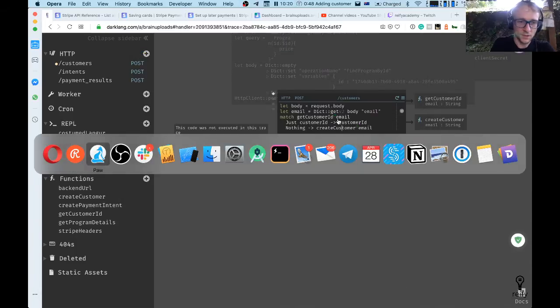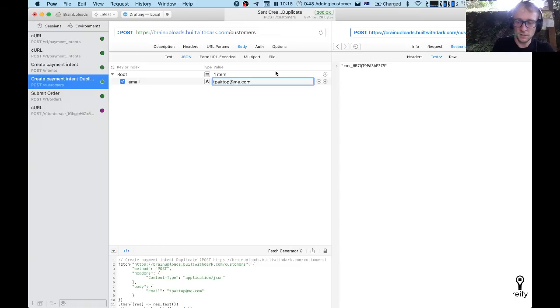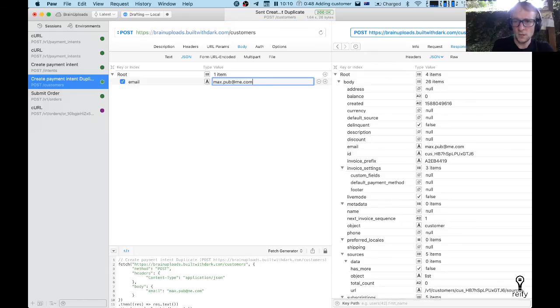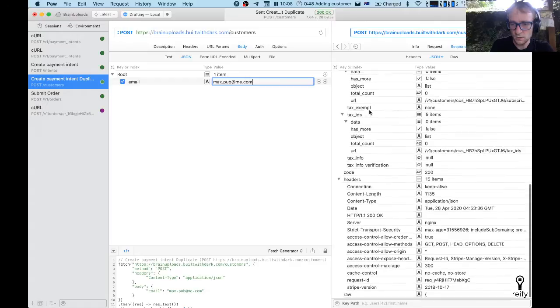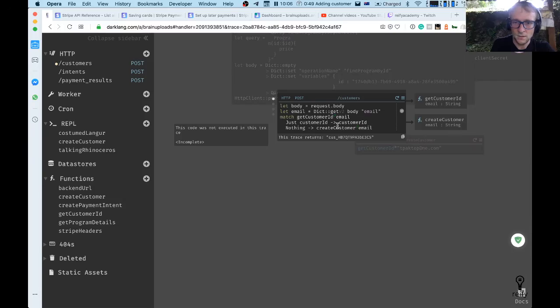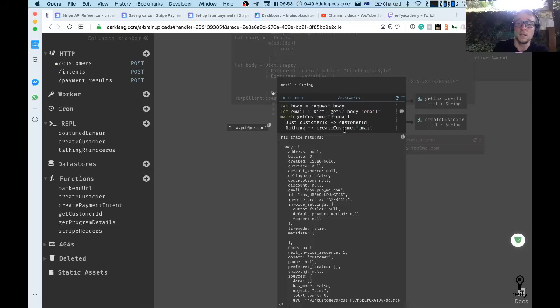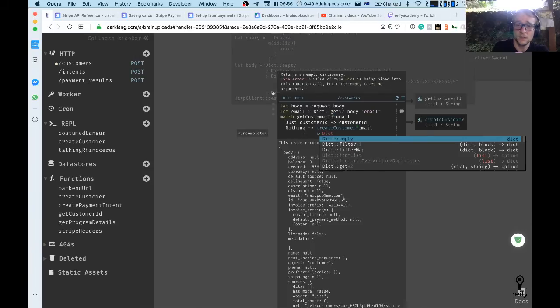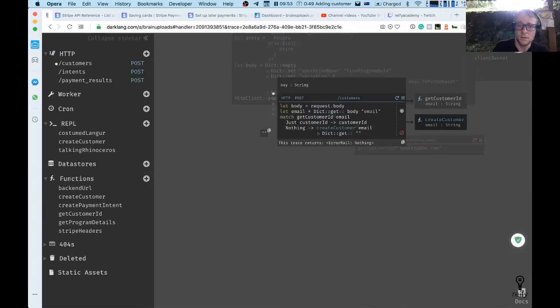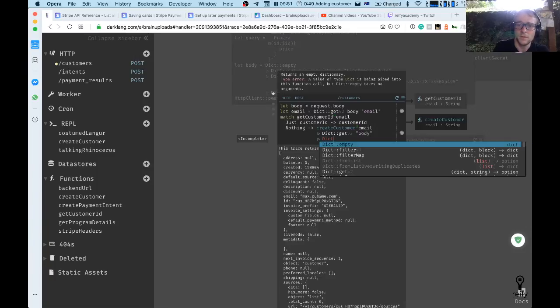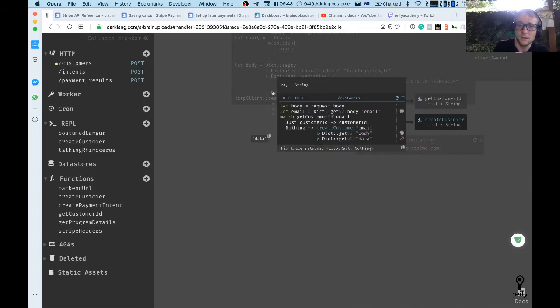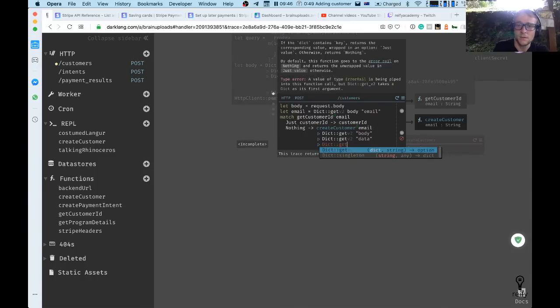So what we can check now is the second scenario when we pass something like, I'll use my third email, don't ask how many emails I have, and that should give us the customer ID 2, and that didn't. So we have an inconsistent thing there because this does actually return something else. So in here we want to grab a customer ID, and you will notice something interesting now. I have this dictionary get body, that looks familiar, right? Get data dictionary get ID,